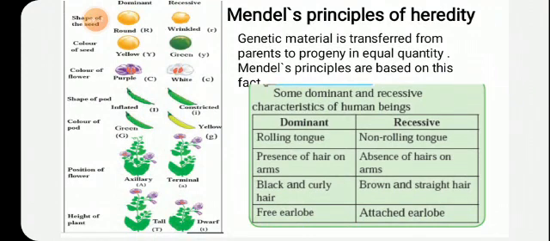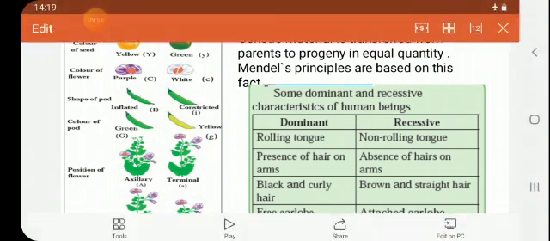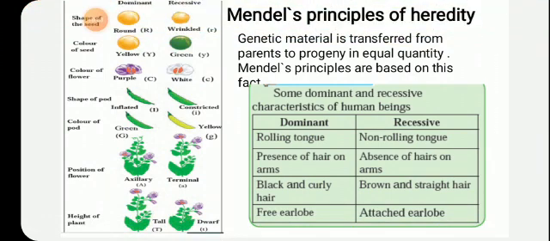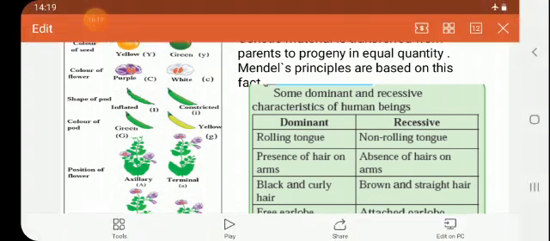That was the good work, or we can say the important work, done by the scientist Gregor John Mendel. Children, this Gregor John Mendel was born on 20th July 1820 and his death was on 6th January 1884. Okay, children. So he studied in detail the inheritance of some characteristics. He showed that the inheritance of characteristics followed certain principles. So he studied it in detail.